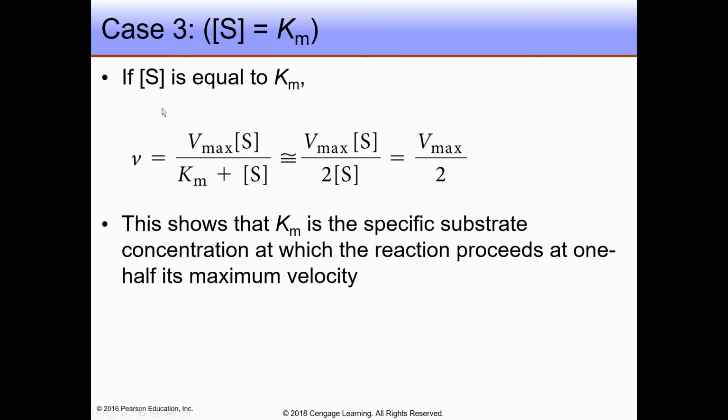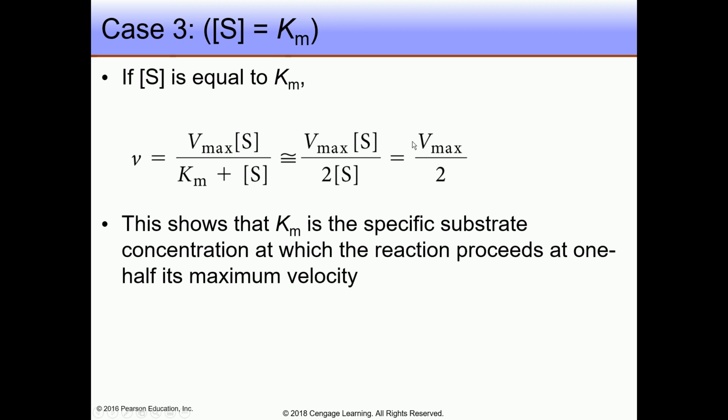So at that point, coming back to the formula, V is equal to Vmax multiplied by S over Km plus S. When S is equal to Km, we can substitute Km with S. So we have 2S in the denominator. V is equal to Vmax multiplied by S divided by 2S. This way S cancels with S, and V is equal to Vmax divided by 2, half. So when the substrate concentration is equal to the Km value, the rate of reaction is half